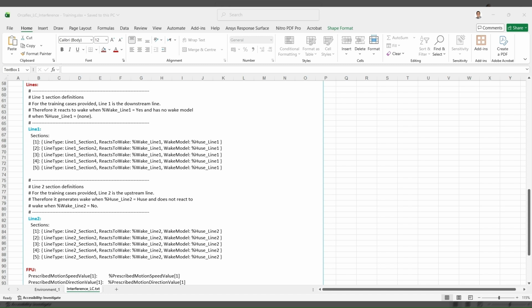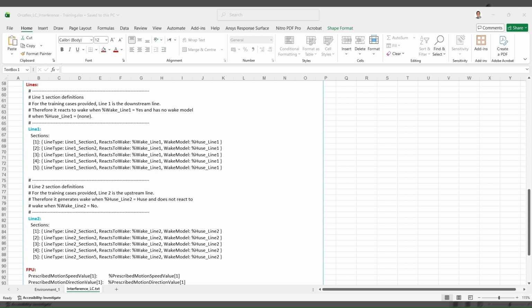The template also includes the wake interference settings. In this training example, line 2 is treated as the upstream line, and line 1 is treated as the downstream line.